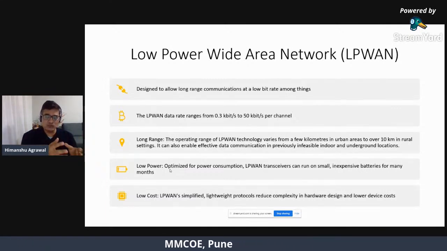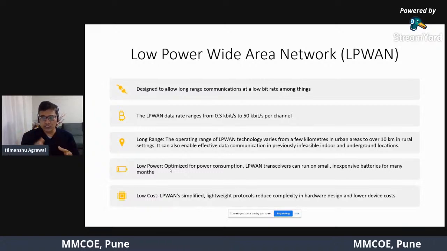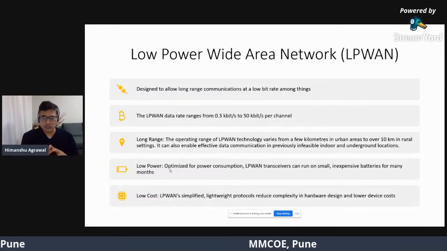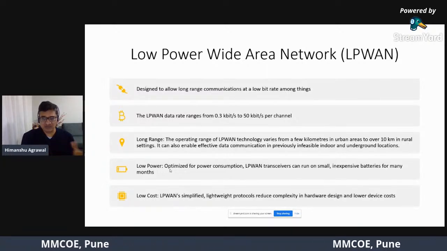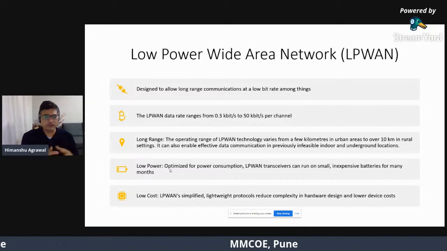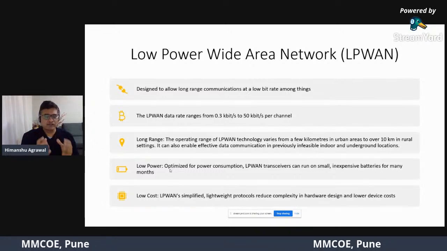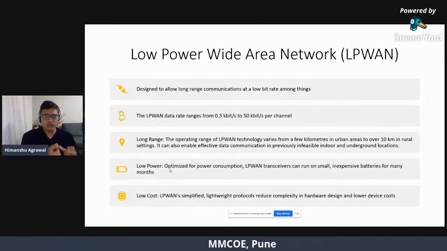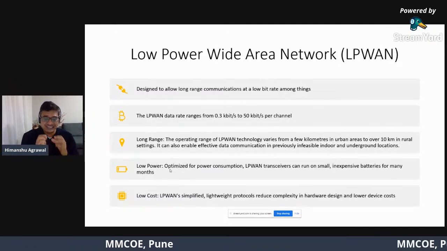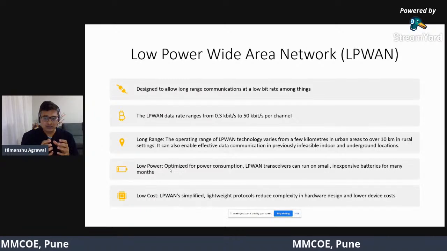For instance, if I am using a communication module which is using a low power wide area networking protocol, one such module is the LoRa module, right? Or Sigfox or NB-IoT, you will see. So if I am using one of these LP-WAN modules, definitely this LP-WAN module is consuming the least power, right?